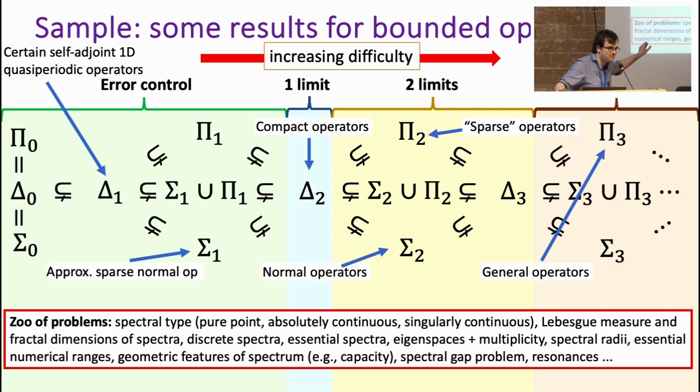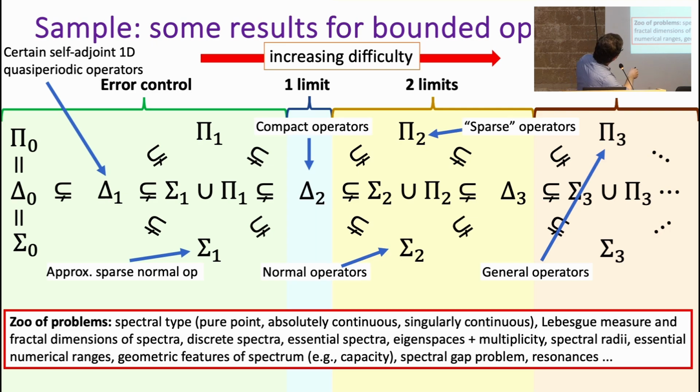Okay, so here's a big picture of the SCI hierarchy for a completely different field. So this is not Koopman. This is for computing spectral properties of operators on l2(N). So l2(N) is the canonical separable Hilbert space. Over here we have problems that can be solved with error control. I only talked about limits, but they're behind the hierarchy. And you get different versions of error control.